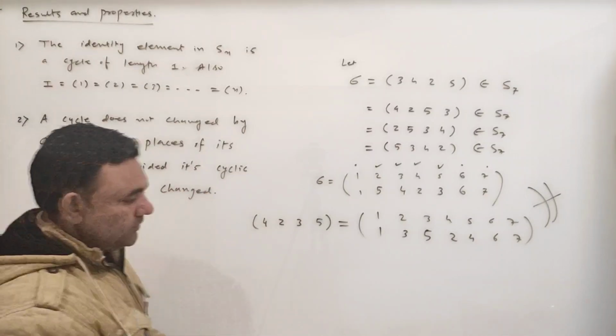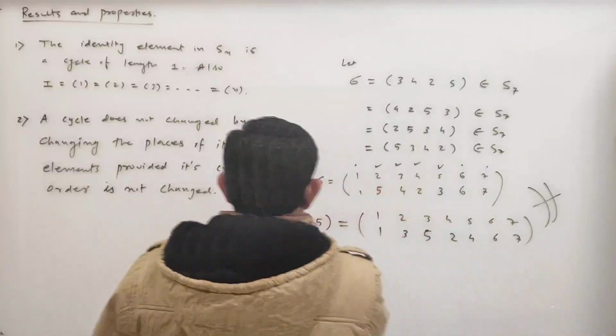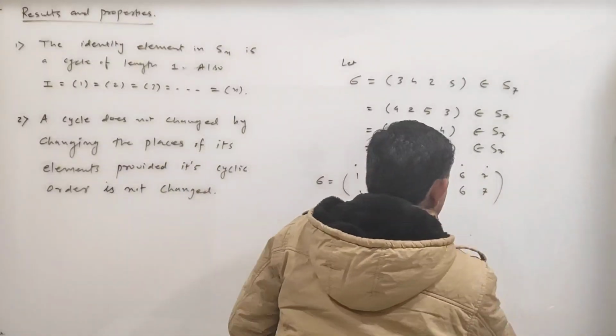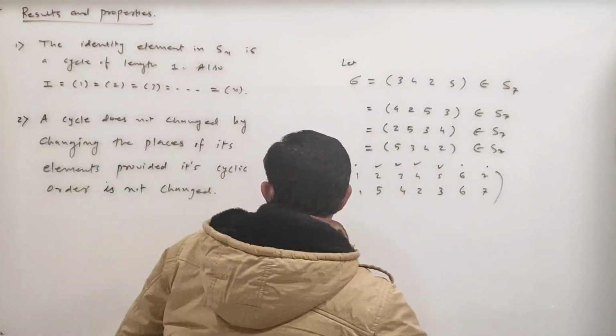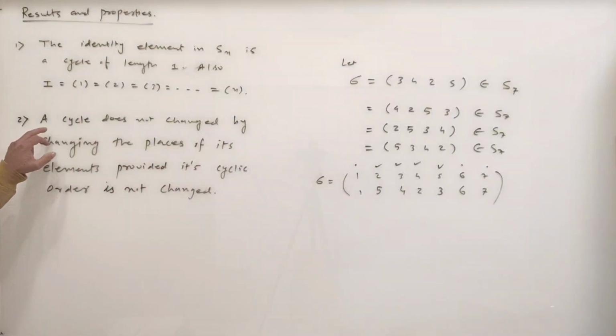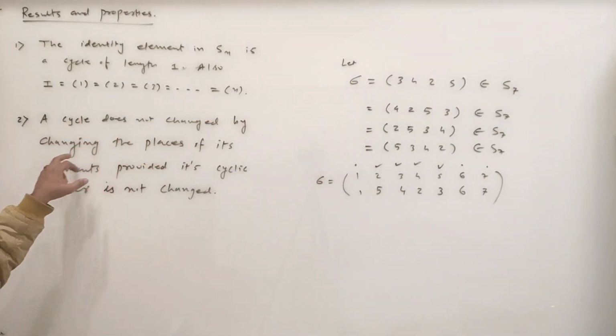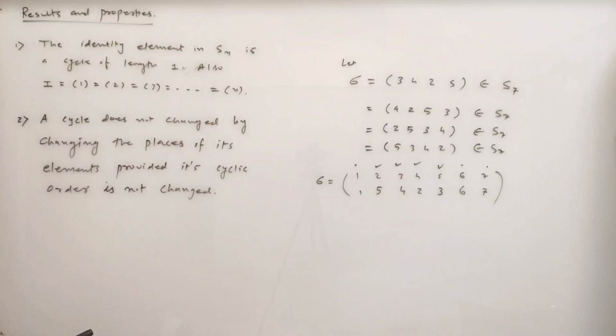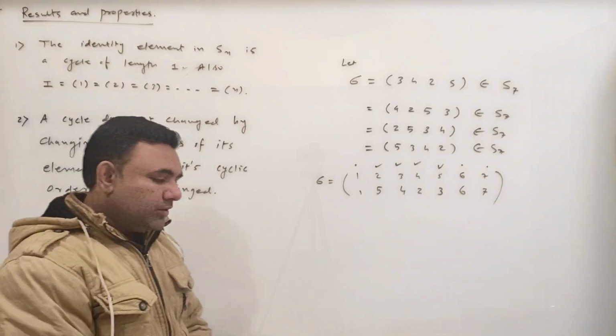You can write it in this way also: a cycle does not change by changing the place of its elements, provided its cyclic order is not changed. Okay, so now